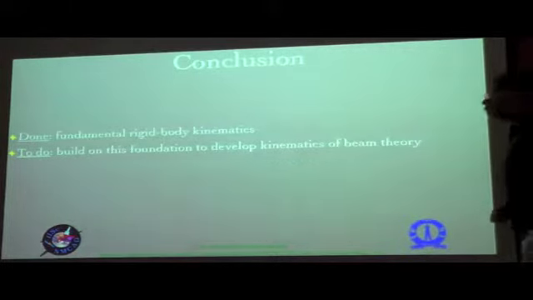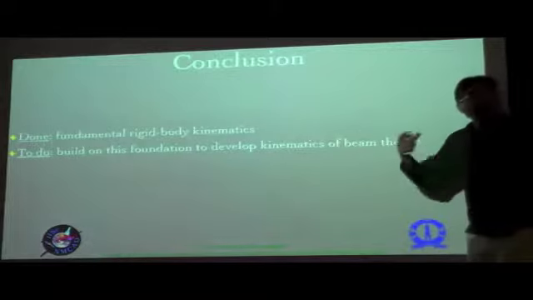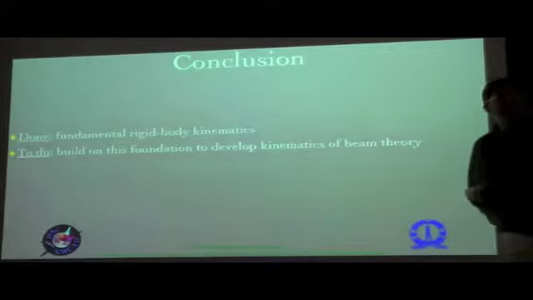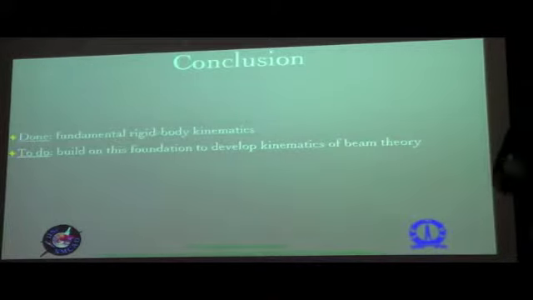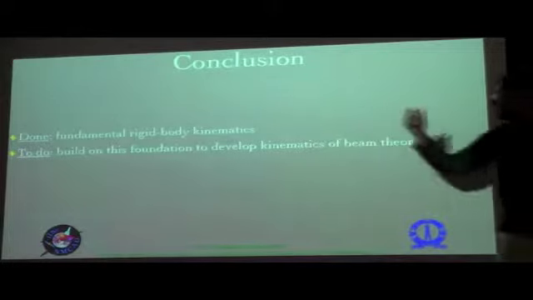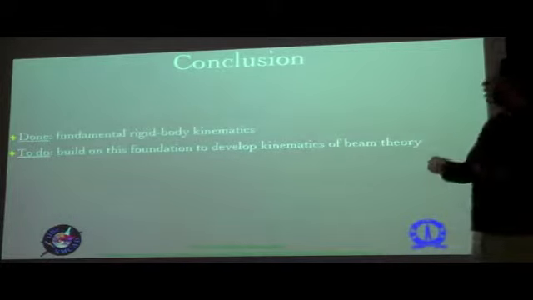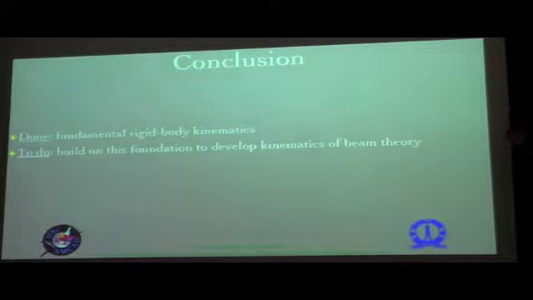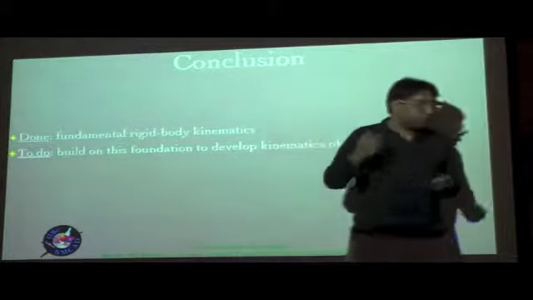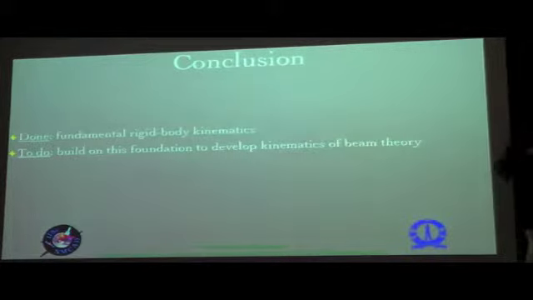So what we need to do is to build upon this foundation that we have for rigid body dynamics and to develop eventually the kinematics of the beam theory, because as we know the whole beam theory involves, just like any structural mechanics problem, three aspects, because it has to connect the four variables that we have already been talking about. So it needs the constitutive law, it needs the kinematics, and it needs the equilibrium equations. So the kinematics part of it very strongly depends upon understanding the fundamentals of the rigid body kinematics, because of the fact that